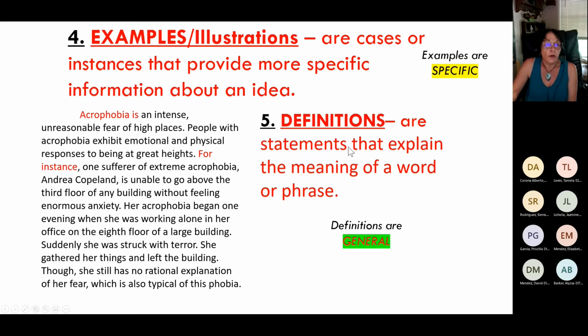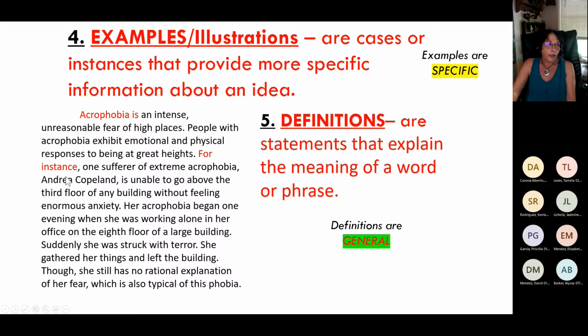So sometimes you might need to define a word that's important to your topic. Those are general. So for example, acrophobia is an intense, unreasonable fear of high places. That's a general definition. All definitions are, but you can follow them up with the specific examples. So an example is a case or instance that provides more specific information about an idea, and that's what this